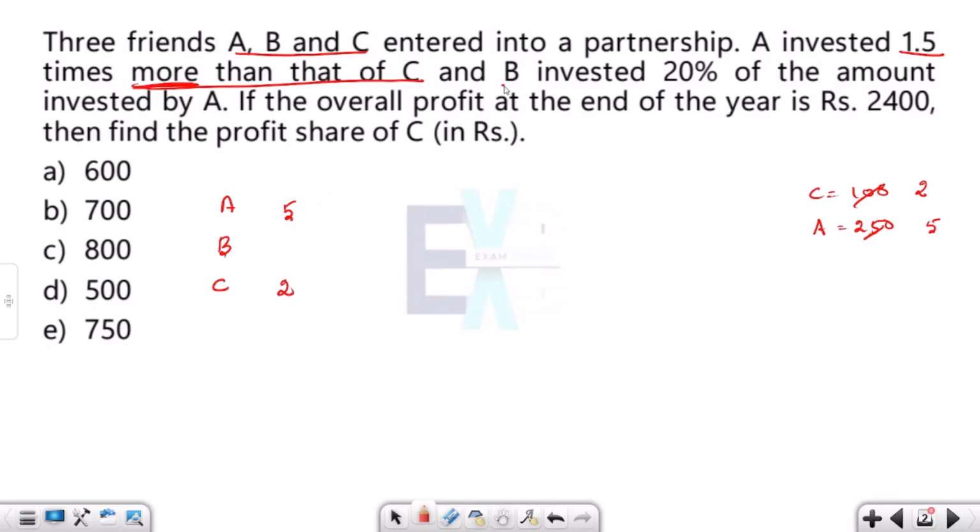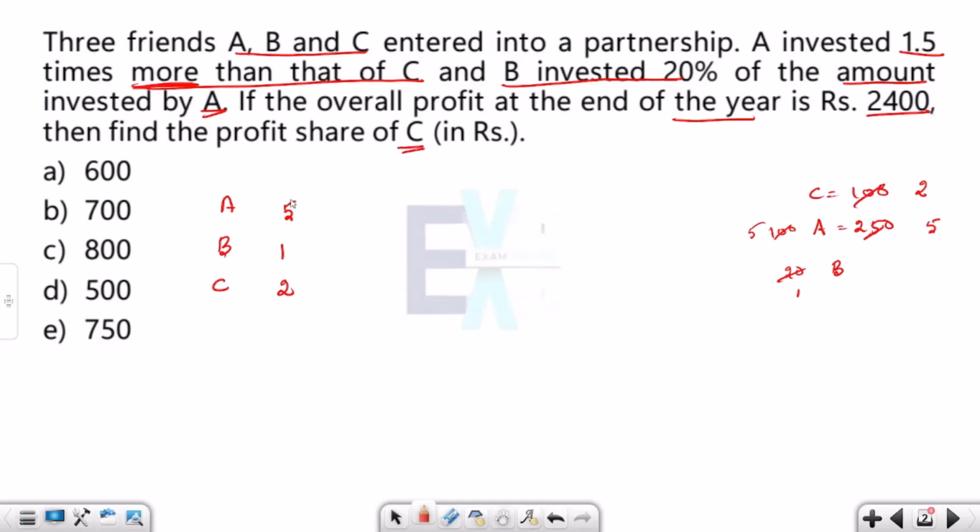Next, B invested 20 percent of the amount invested by A. So if A is investing 100, B will be investing 20. So now again, what is the ratio? This is 5 times and this is 1 time. If A is investing 5 rupees, B will be investing 1 rupee. Okay, done. If the overall profit at the end of the year is 2400, then find the profit share